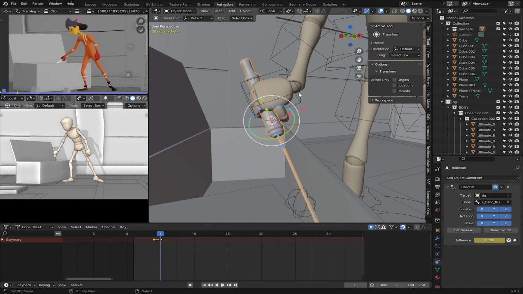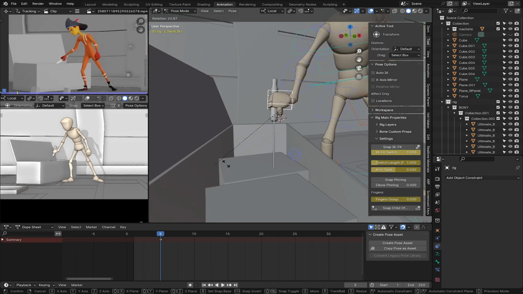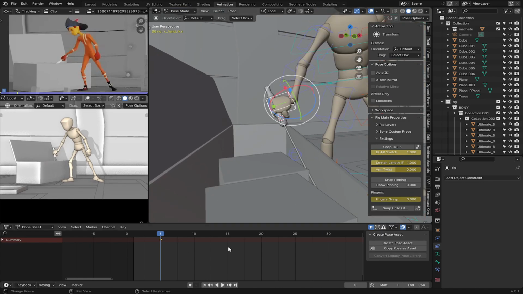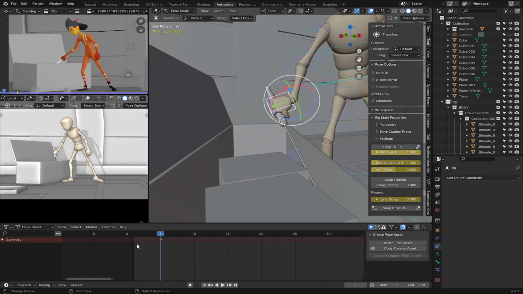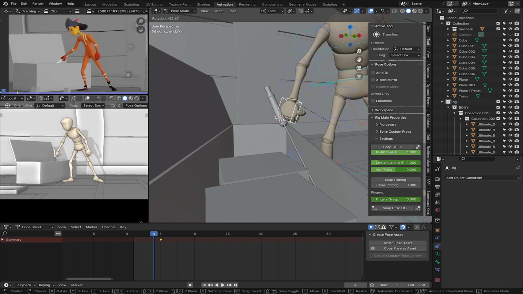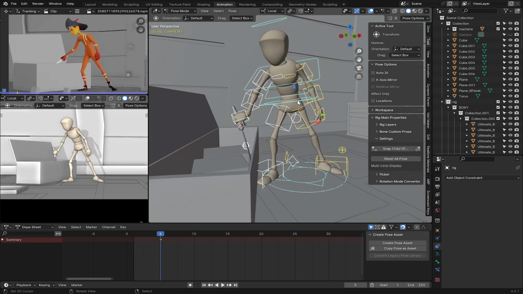From here, when we select our rig and go to pose mode, you can see when you rotate from frame 5 going, it will have effect on the knife, but on frame 4 going, it won't have any effect on the knife. That is what I want. And because we have a keyframe on frame 5, we can go back to frame 1 and do our next